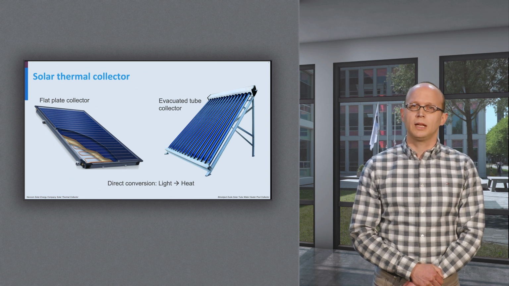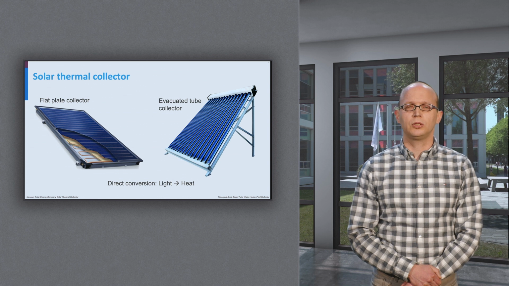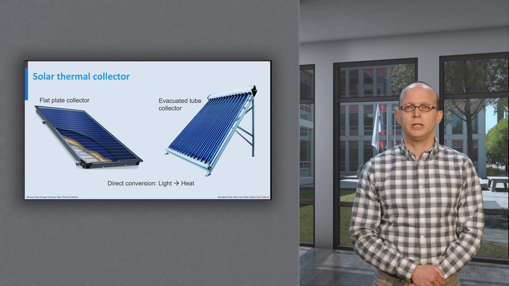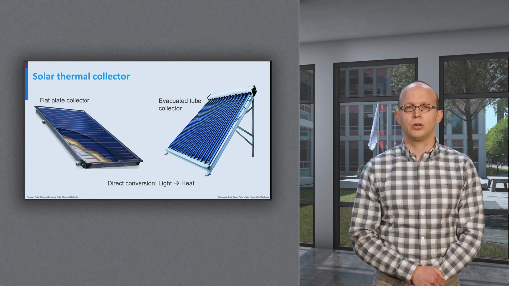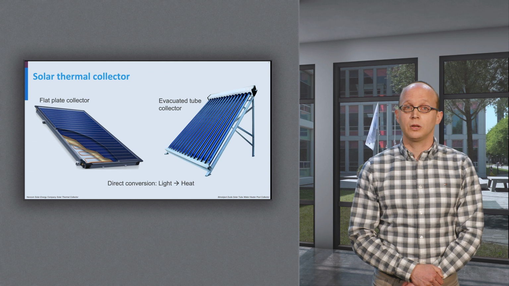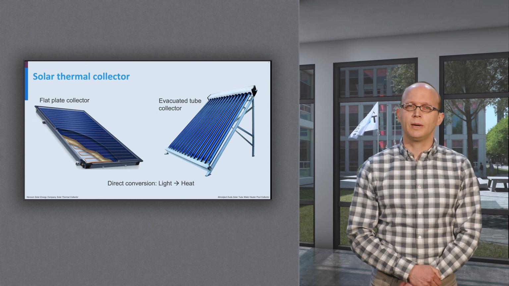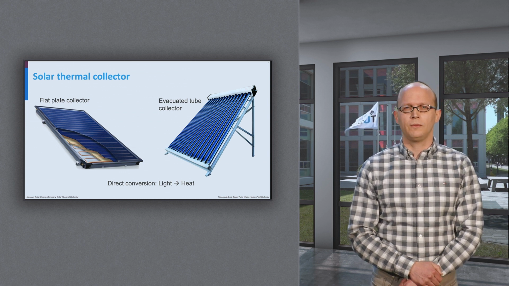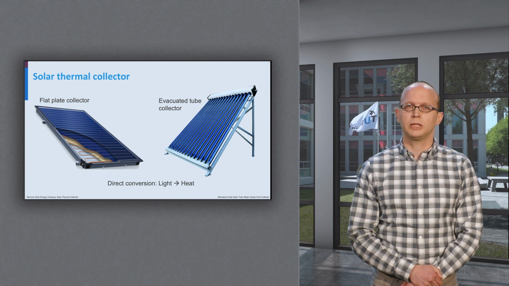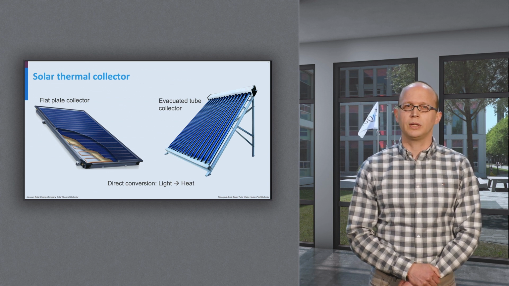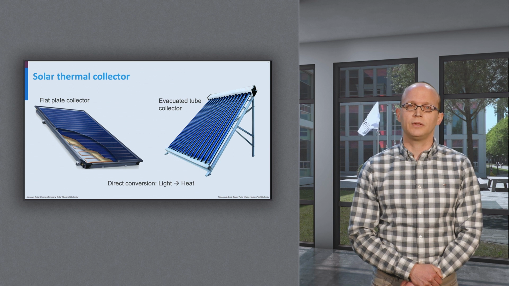Solar thermal collectors have a dark colored absorber that absorbs the incoming sunlight and converts it to heat. This heat is then extracted by a heat transfer medium, which usually is water flowing through a copper tube. This means cold water goes in on one side and hot water comes out on the other side. Usually there is also thermal insulation to minimize the heat loss to the ambient. The flat plate collector has a thermal insulation material at the rear and a glass cover at the front. The evacuated tube collector has its absorber in a vacuum tube, which very efficiently minimizes the convective heat loss to the ambient.